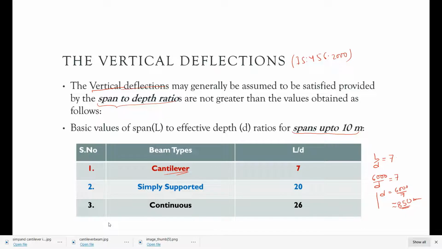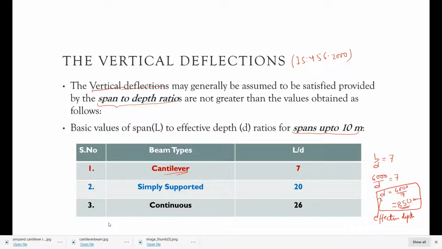So the minimum effective depth we have to consider is this much. There is a variation between total depth and effective depth, which we will discuss later, but here we say that this is the effective depth. So the effective depth required is almost 850 mm.